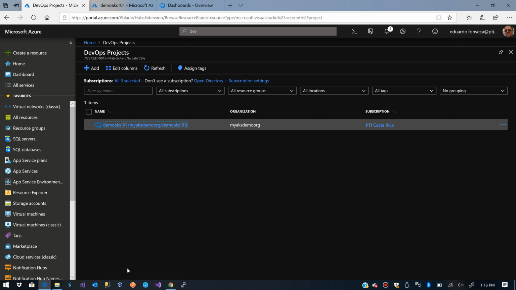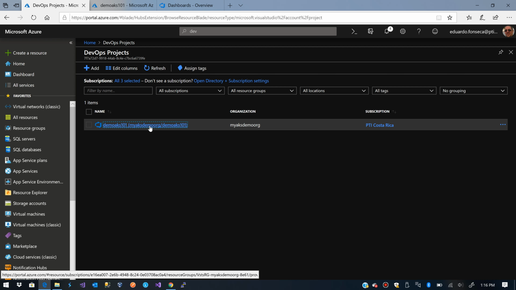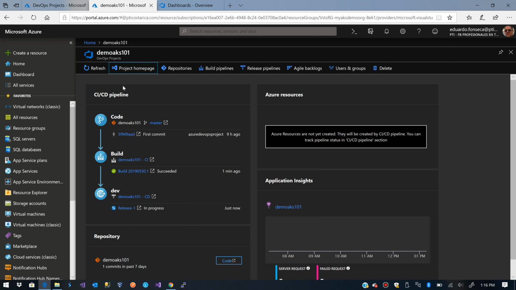Okay, so now we see that the DevOps project has already been created, and my organization too, which is my AKS team org. And if I click here, this will take me to the DevOps project definition in the Azure portal, where we will see